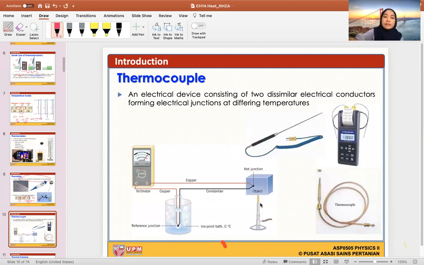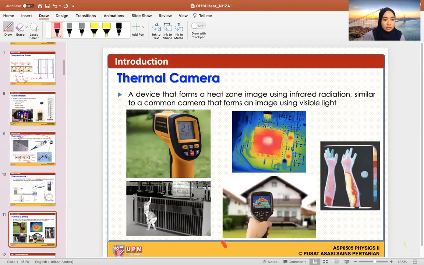Okay, thermocouple. Do I want to explain this? It's an electrical device consisting of two dissimilar electrical conductors. Here you have the first one. This is your reference junction. This is your hot junction. This guy measures the temperature. This junction detects the temperature of the object. This is your reference point. They compare between these two to detect when there is a difference of temperature between the two junctions. There is voltage over here, and that is how the thermocouple works. Of course, this is something that you can Google easily, just exposing you guys to the different types of measuring